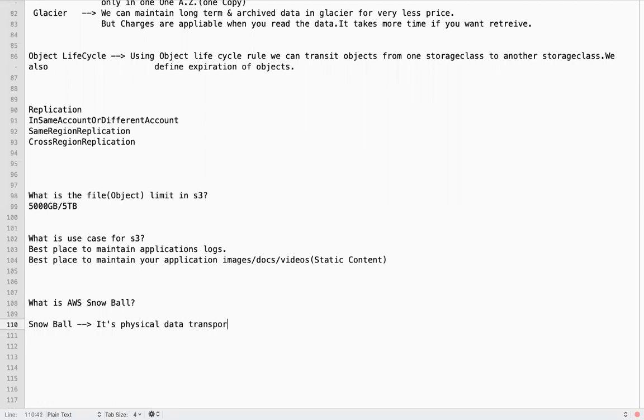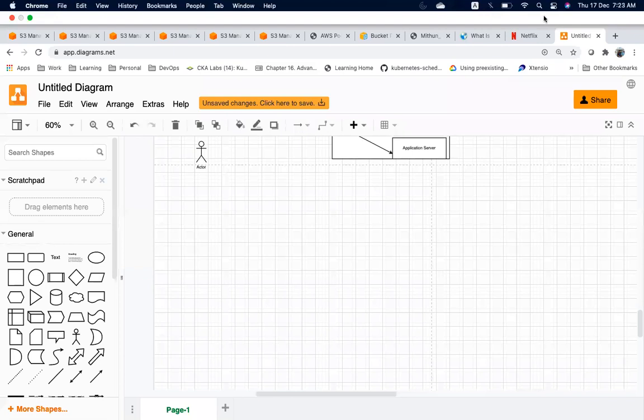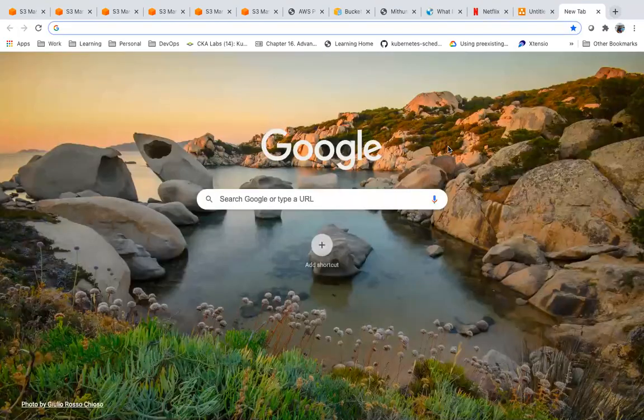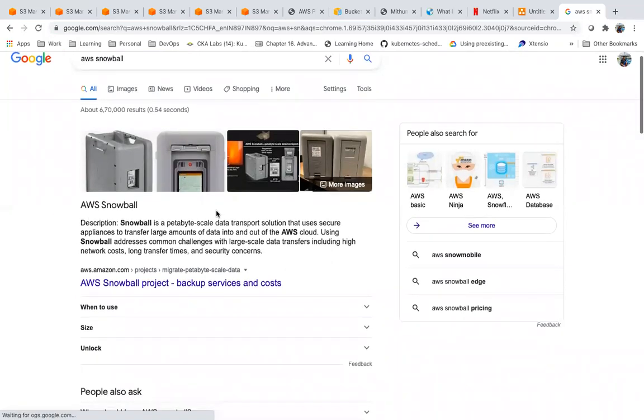If you want to migrate huge data from a data center to the cloud, or cloud to the data center, from one place to another, you can use Snowball. It is kind of a request you raise with AWS. The AWS team will physically send the device. It will be something like this, guys. The device will be very huge in size.